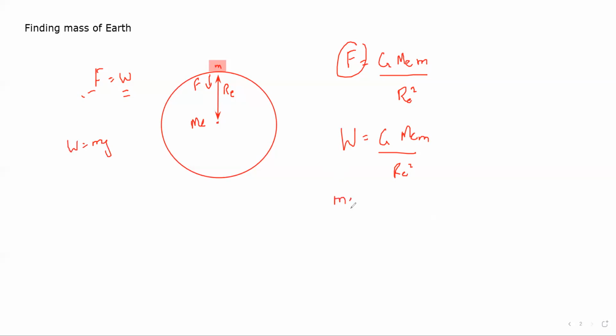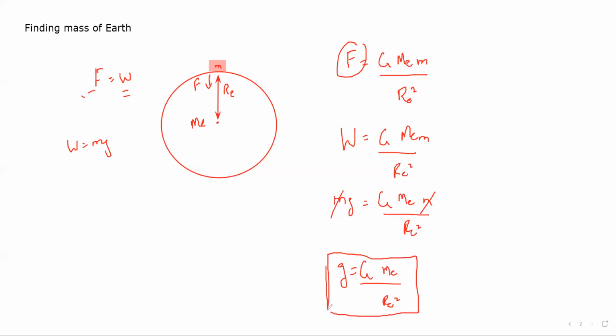So I can say mass into gravity is equal to G times the mass of Earth times the mass of the object divided by radius of Earth square. This mass will cancel with mass. So we have the value for gravity. The gravity is equal to the gravitational constant times the mass of Earth divided by radius of Earth square. So this formula can be used not only for Earth, it can be used to find the gravity of different planets, in different scenarios. The gravitational constant is there, but our main